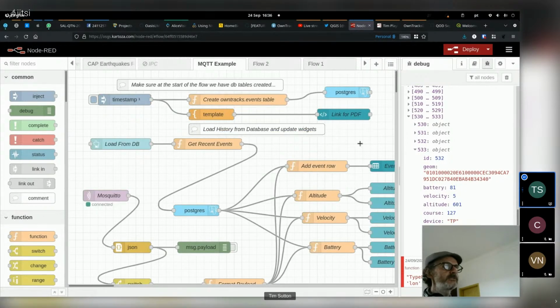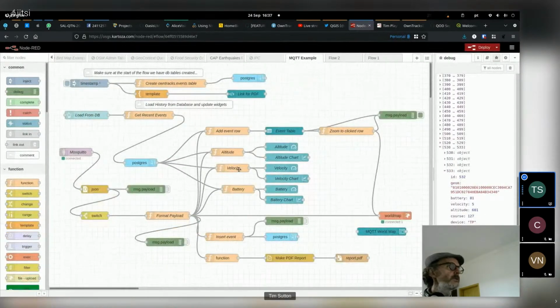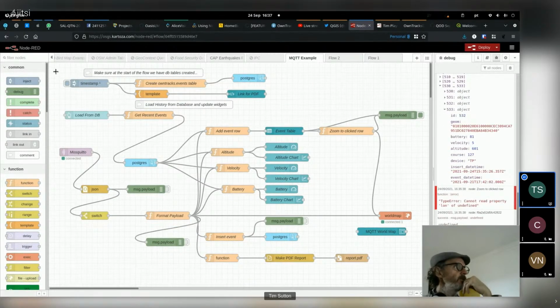So to have a look at this flow, I'm just going to zoom out a bit again. The way that it works is it's got a few different activities. The first activity is over here, which is to create that table in the database if it doesn't exist already, and the schema. It does that every time you start the flow, so it always makes sure that there's the proper schema to push the data into. I've been experimenting with making some PDFs, so this thing's not working yet. And then there's another